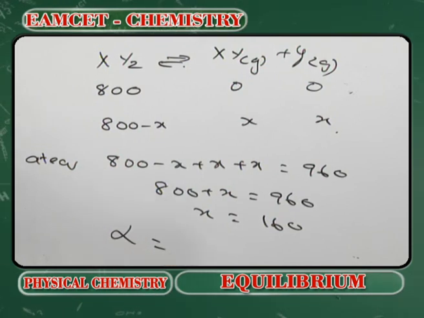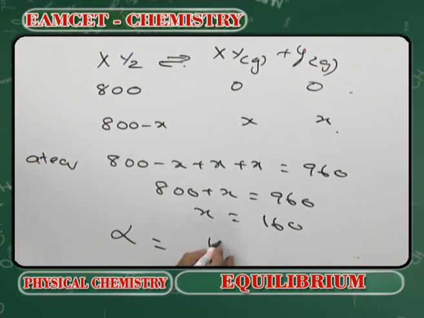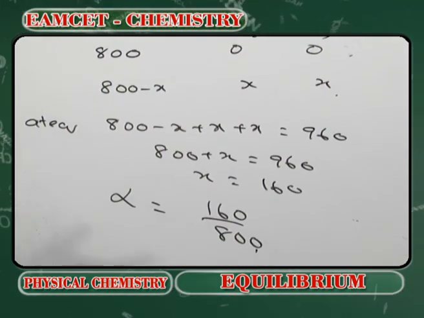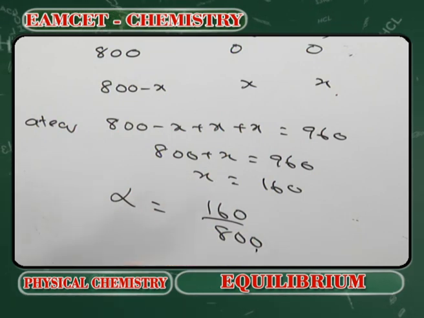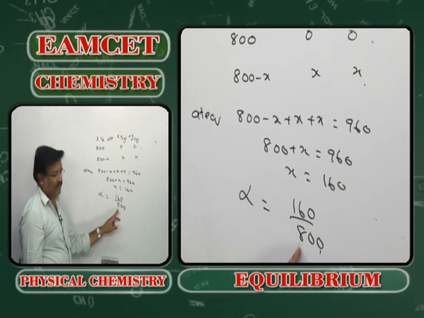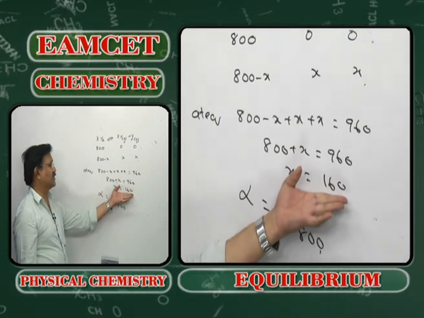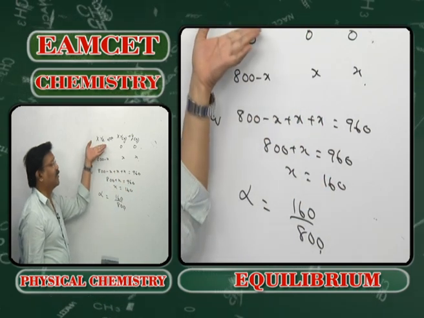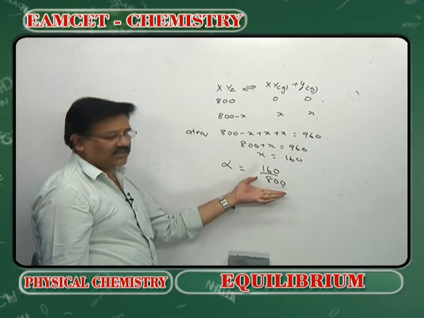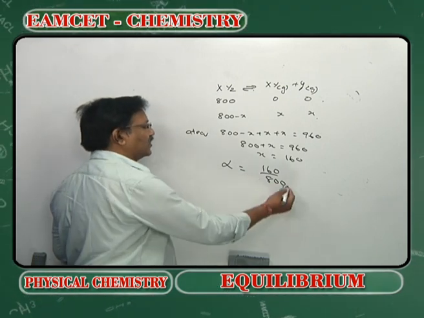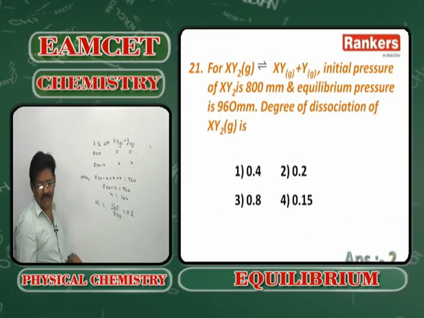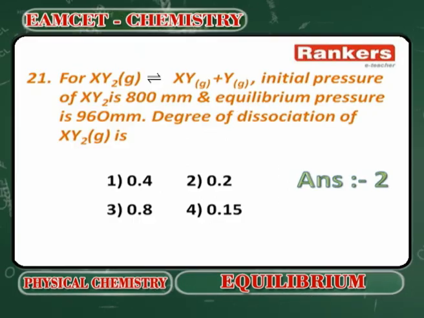Alpha is equal to pressure decrease, 160 by 800. So decrease in the pressure by total pressure. The decrease in the pressure corresponds to the number of moles dissociated, and total pressure corresponds to the initial concentration. 160 by 800 will be equal to 0.2. Option 2 is the answer. Next,